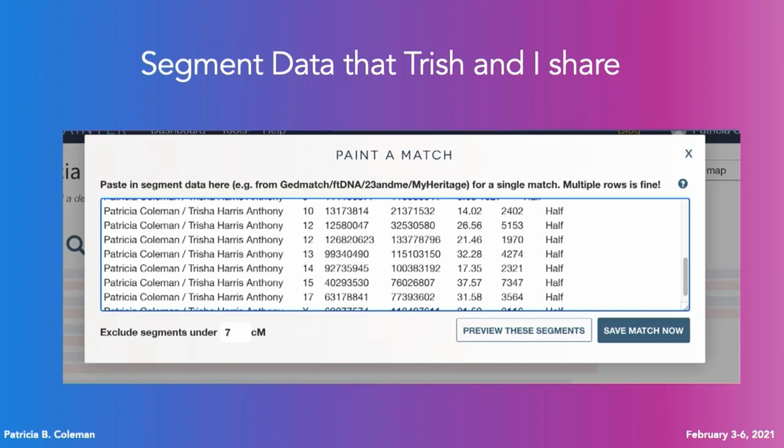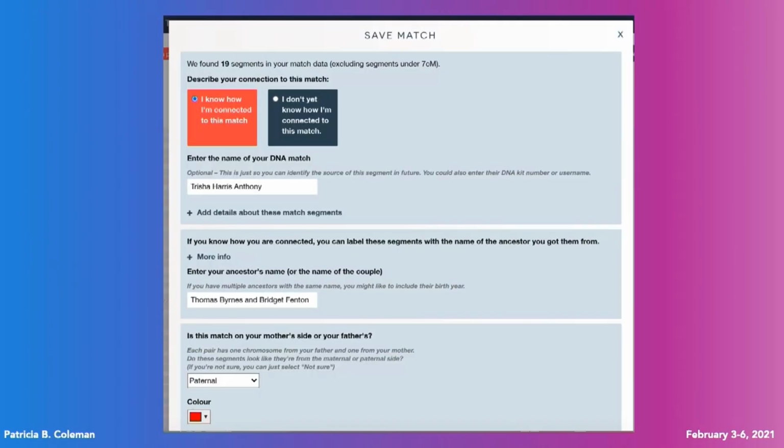If this was an unknown match that I was painting, that perhaps someone that shared data with Trish and me, I would use the preview these segments first to see exactly what's going on. When I click the Save the Match button, up comes this diagram. I know how we're connected, so I'm going to leave the red box checked. I put in Trisha's name,